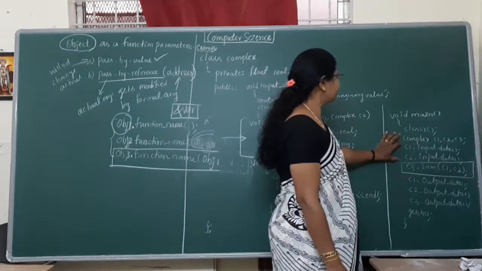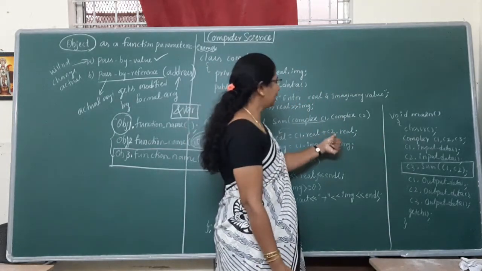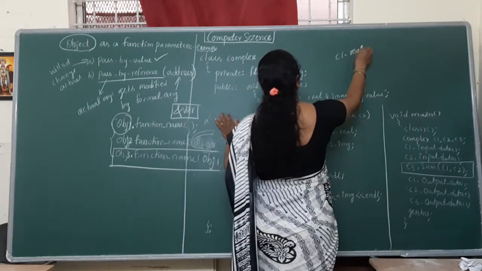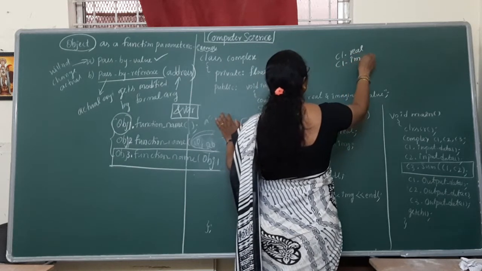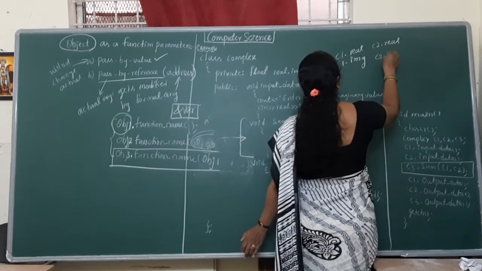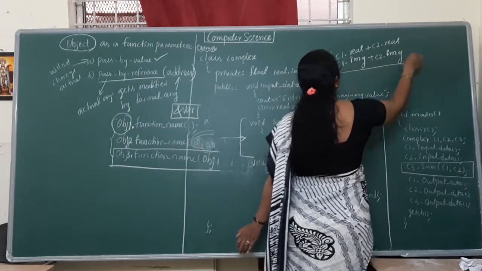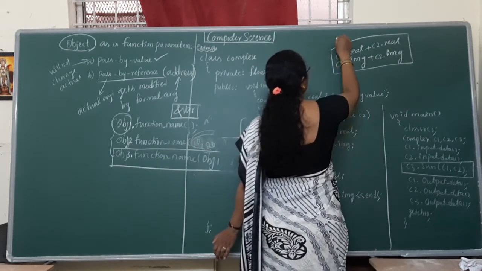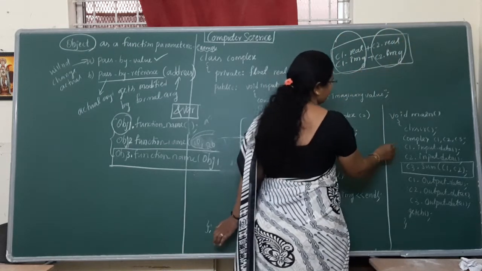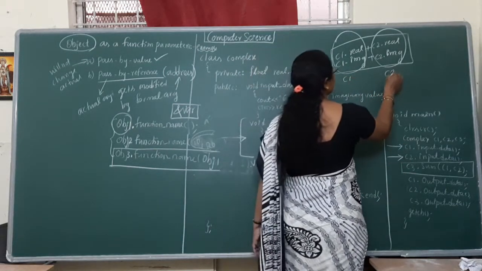Come here, I am taking two sets of values, one for object 1 and another for object 2. First time, object 1 dot real, object 1 dot imaginary. Similarly, object 2 dot real, object 2 dot imaginary. Addition will be performed on these two values. Once I take one set of values, another time I take another set, so I am giving two different input functions, one for C1, one for C2.